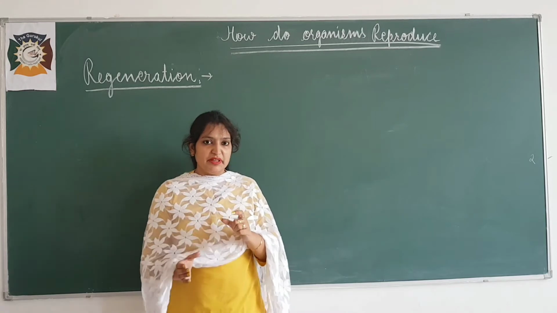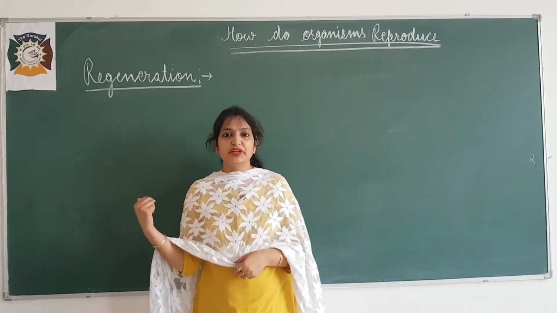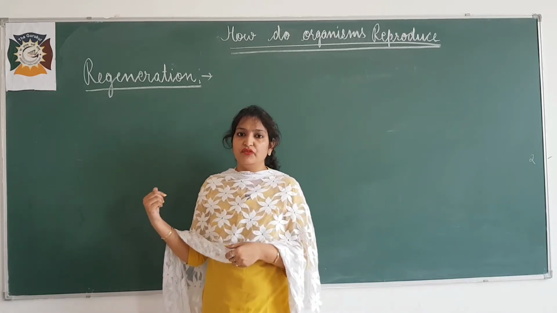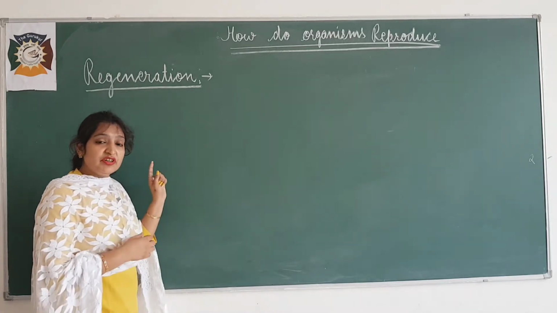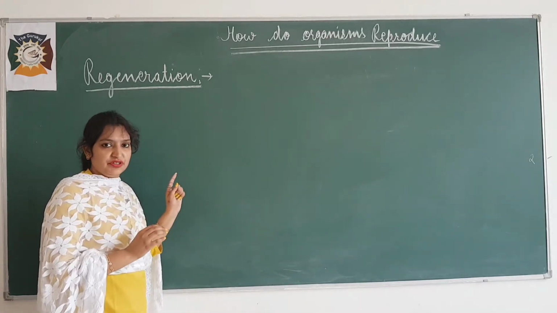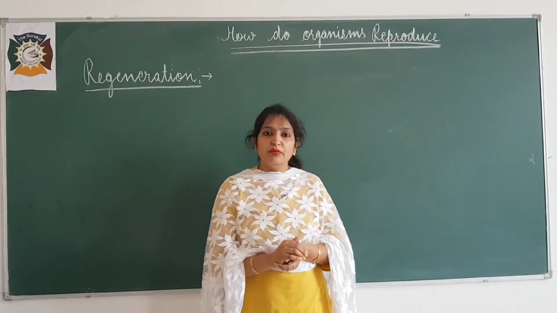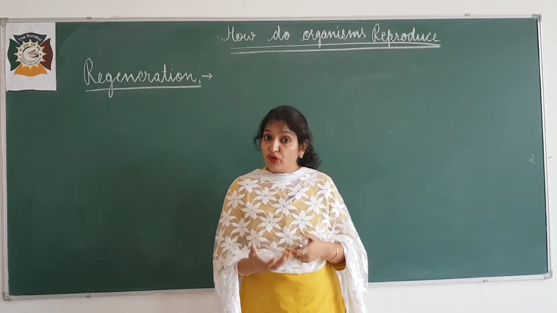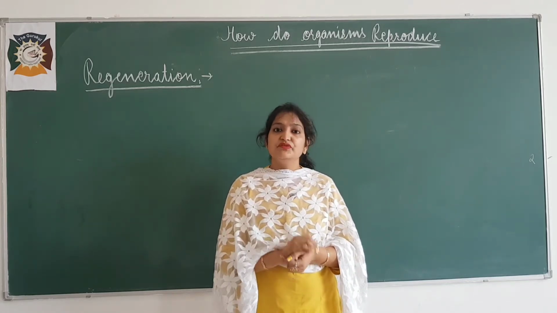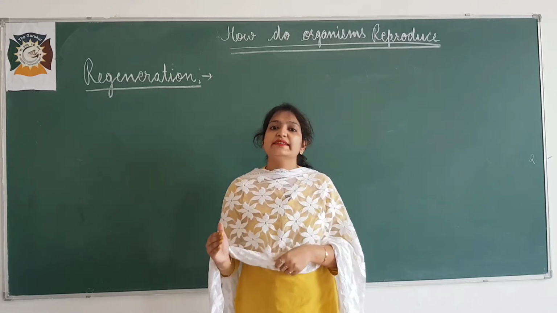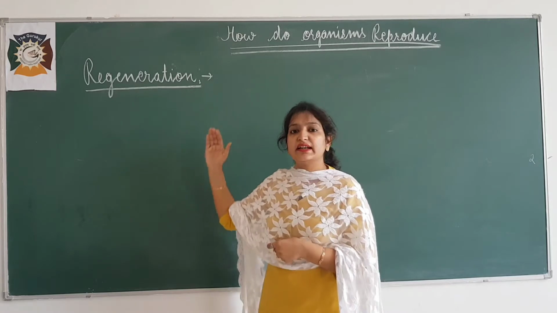Asexual reproduction के methods हैं, and in the previous lecture we discussed two methods, and today we discuss the third method of asexual reproduction, that is known as regeneration. Firstly, I tell the meaning of regeneration. It is the ability of an organism to regenerate, to form lost parts of the body which have been removed as by injury. That process is known as regeneration.